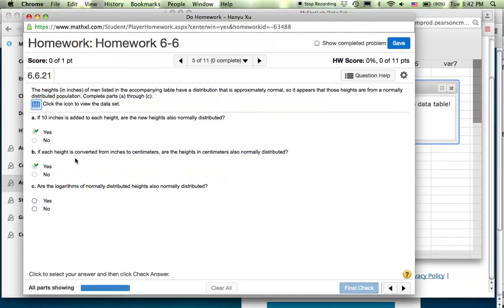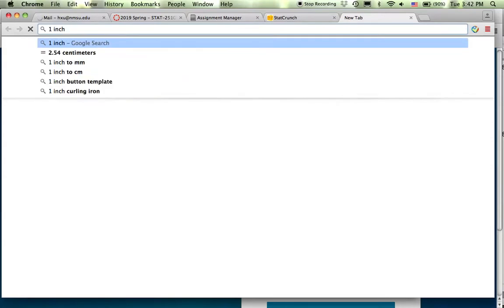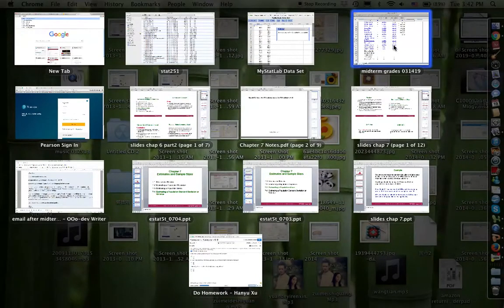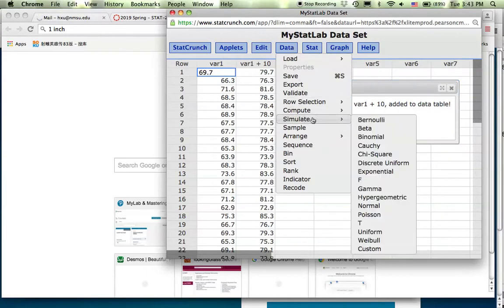To change from inches to centimeters, you need to know that 1 inch is 2.54 centimeters. So you want to multiply your column data by 2.54 in each of your data. So for your data, you go to Compute,